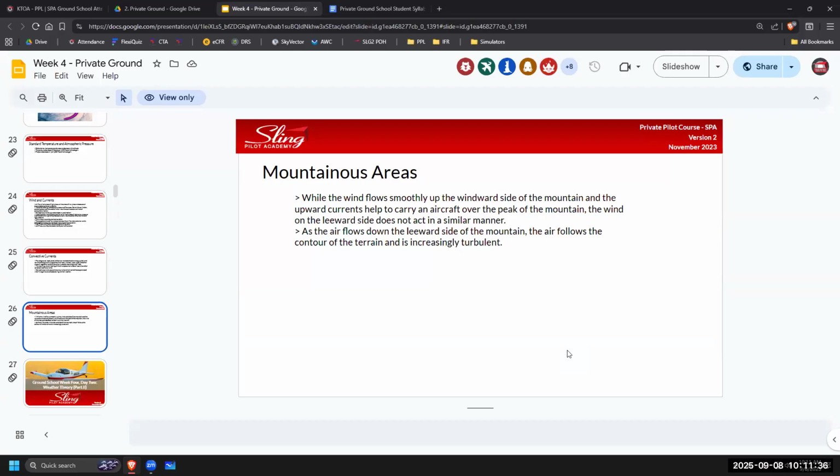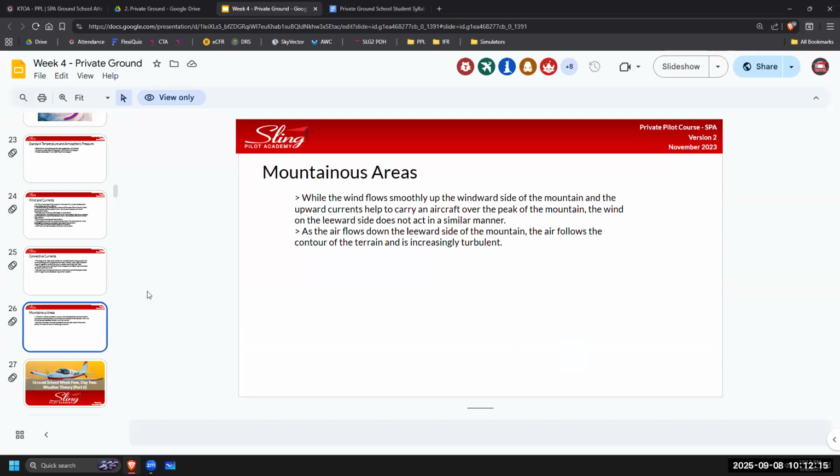You should be double checking the winds, how strong they are around the mountainous regions that you're flying at. And you should be extra cautious of where the wind is coming from and if it's flowing up the side of the mountain or if the wind is coming from the other side of the mountain and it's falling on you where you're flying. If you're flying on this side of the mountain and the wind is coming from the opposite side, that air is going to come right over the top of the mountain and push you down and into the mountain, and you're most likely crashing at that point. Okay?